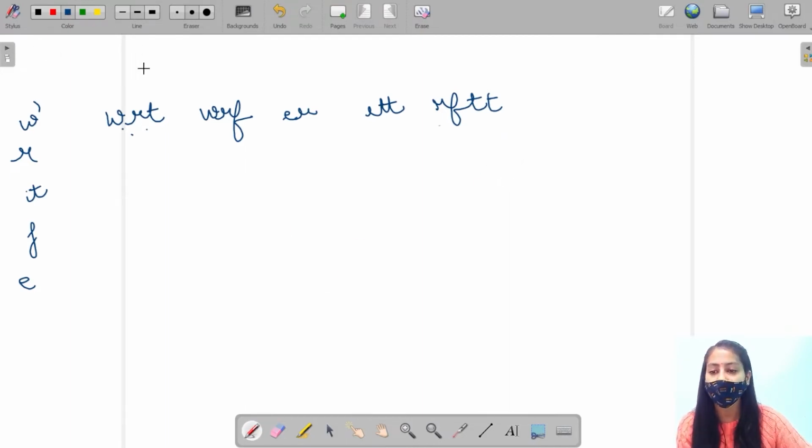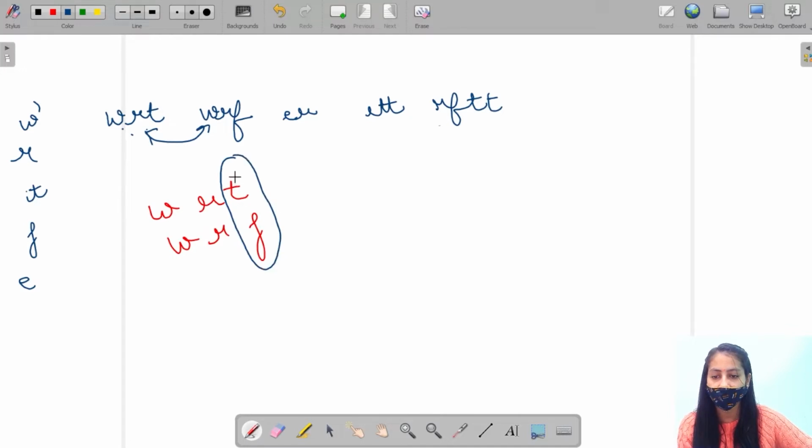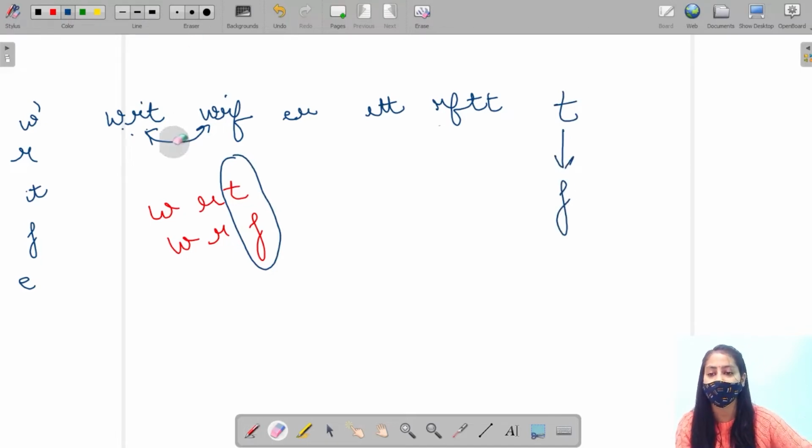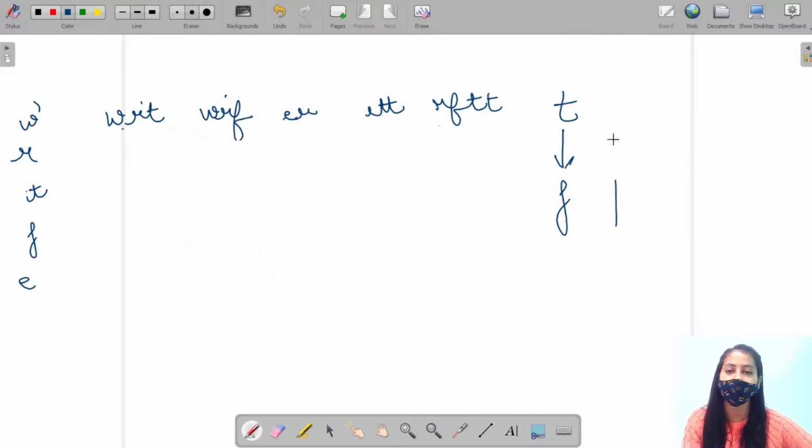So the same thing we are going to do here also, that is we are going to compare these two words, WRT and WRF. Now the first mismatched characters are T and F. Now this word is before this. This means that the preference of T is more than the preference of F in the lexicographical order. Right? So we will create a graph like this which will show us the preferences of the letters, right?